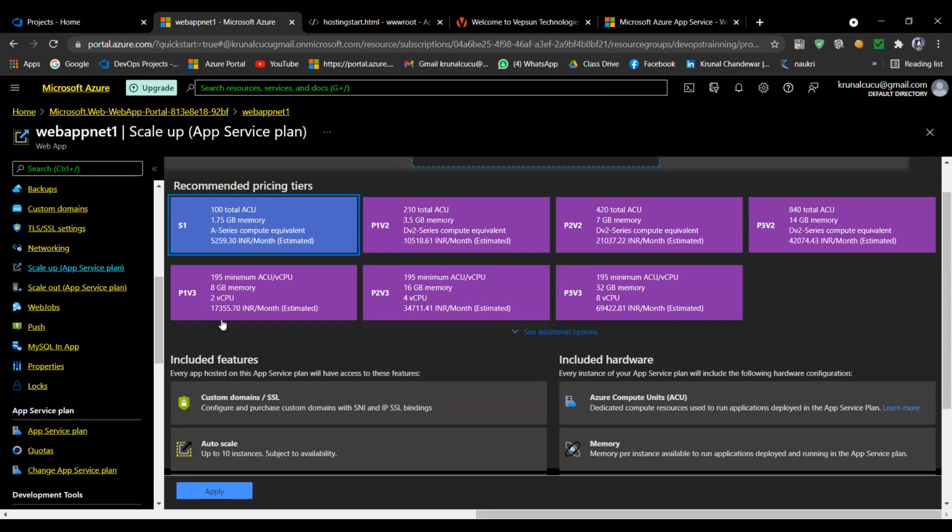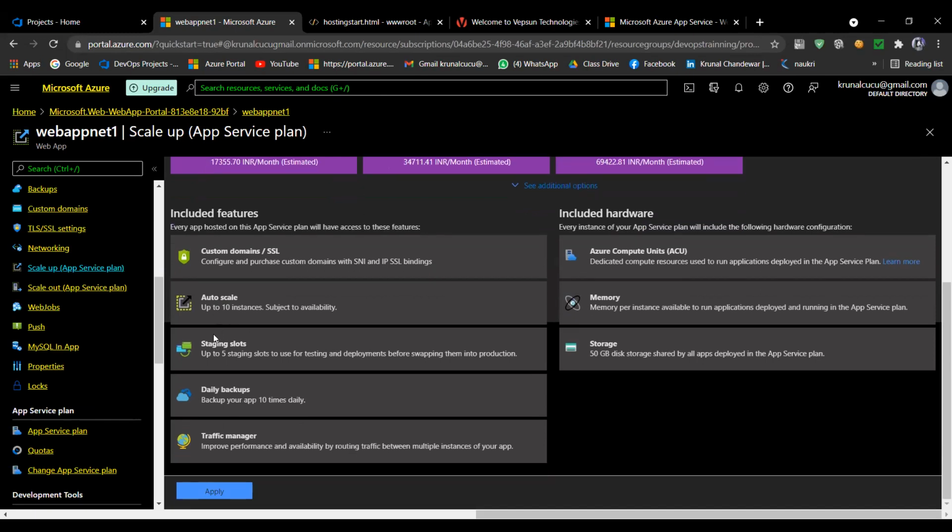Now I selected this one, and if you scroll down, you will get this many features with this plan. What features will you get? Customized domain, auto scaling. There you are getting manual scaling, but here you are getting automatic scaling. Again you are getting staging slots. Even you are getting daily backup. I told you no need to do daily backup, because otherwise it will store your data. We do this at the time of production only.